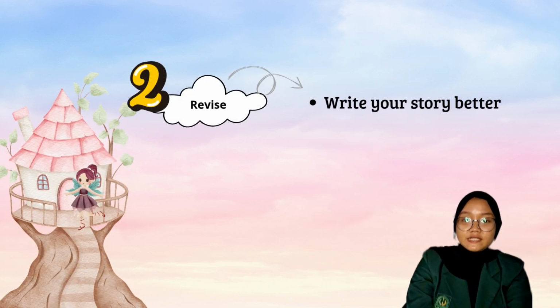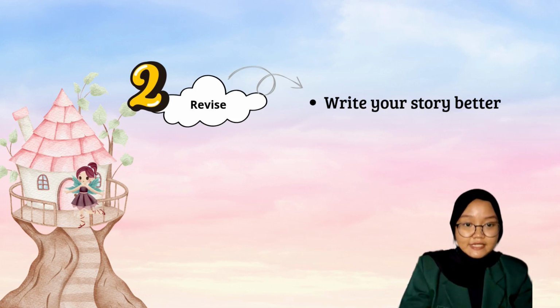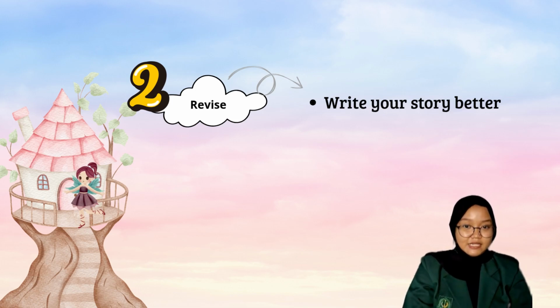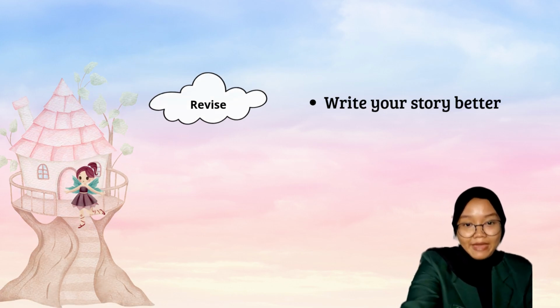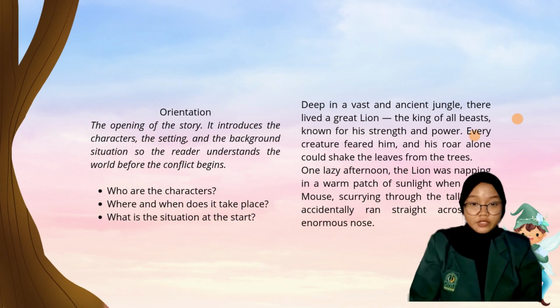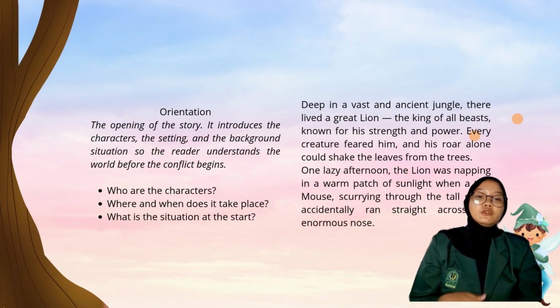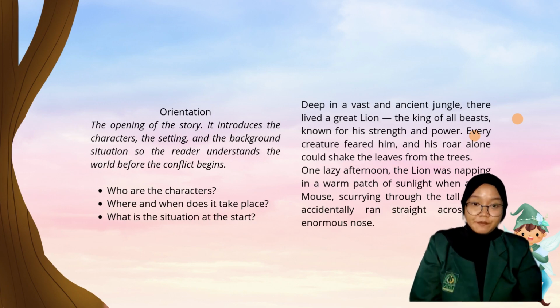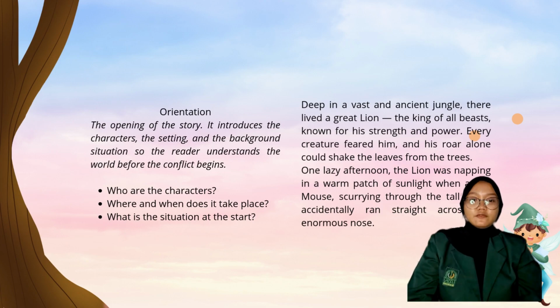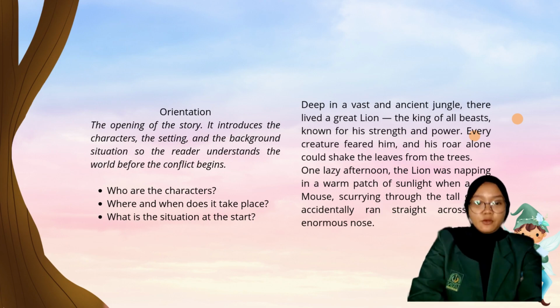Okay, next, the second step of how to write a narrative text is revise. Revise and make your story better. After you write the outline, you make the story better. For example, the lion and the mouse. The part orientation,